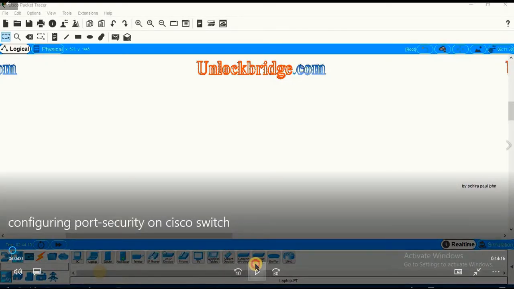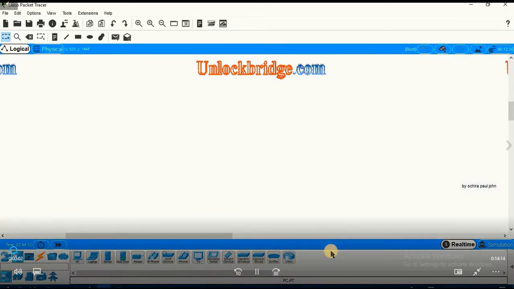Hello friends, today I'm going to teach you how to configure port security using Packet Tracer 7.2, the latest version of Packet Tracer. So the first thing that we are going to start with,